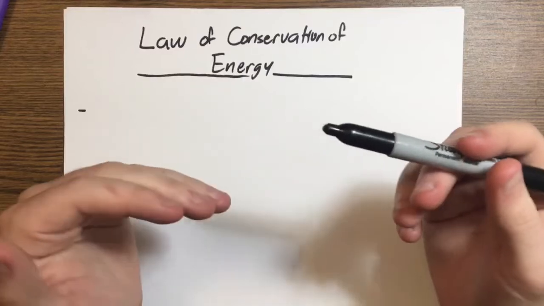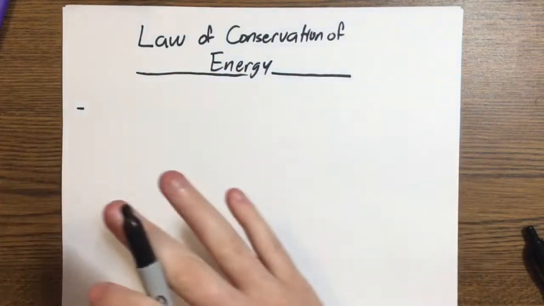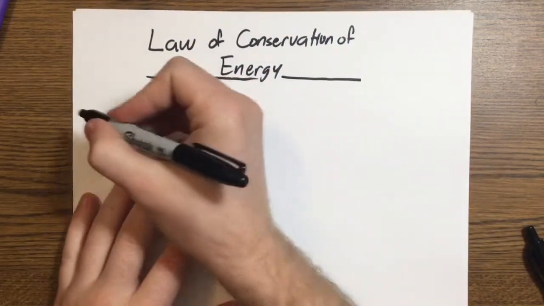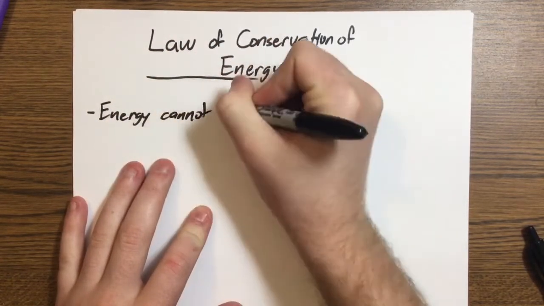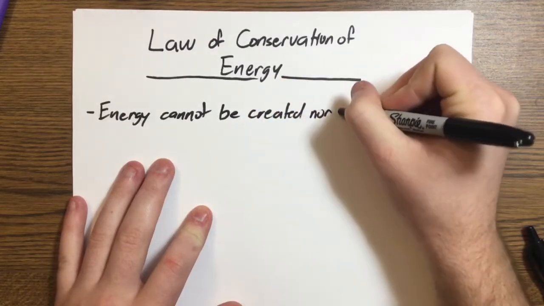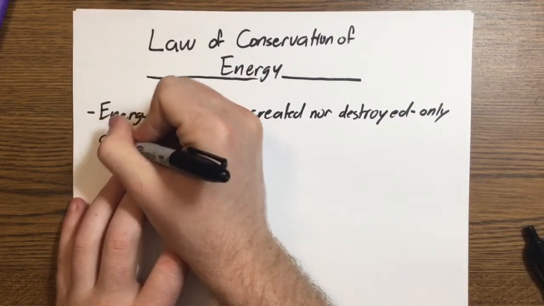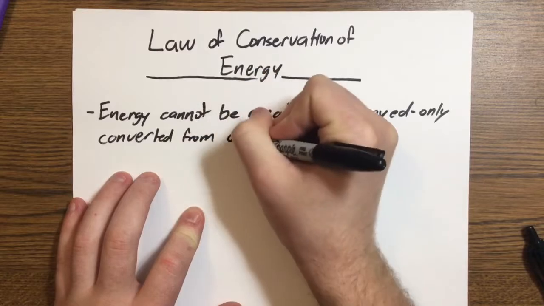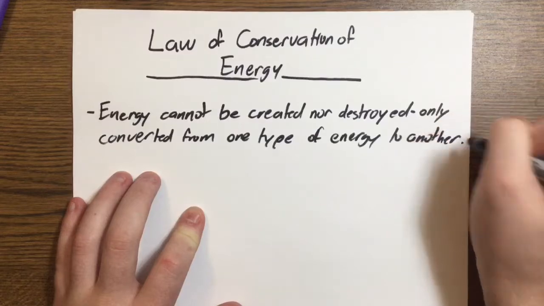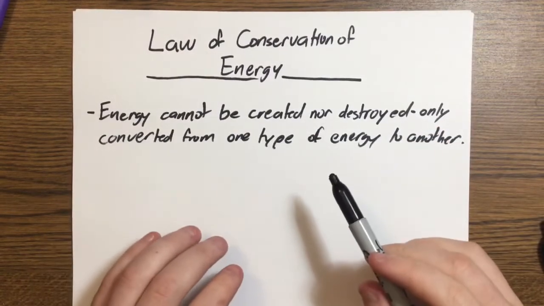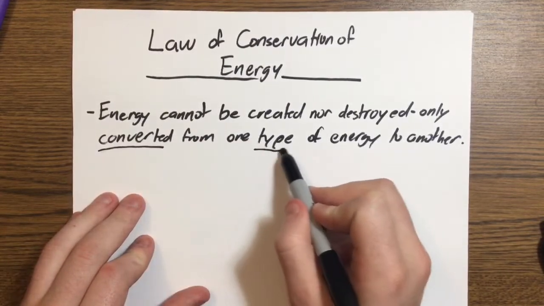We're starting a whole new unit. This is on the law of conservation of energy and types of energy. So, starting out, we need to assess the laws, and then we can move on from there. So, the law of conservation of energy states this. All right, so it states that energy cannot be created nor destroyed, only converted from one type of energy to